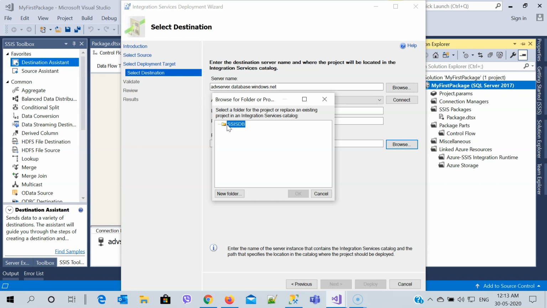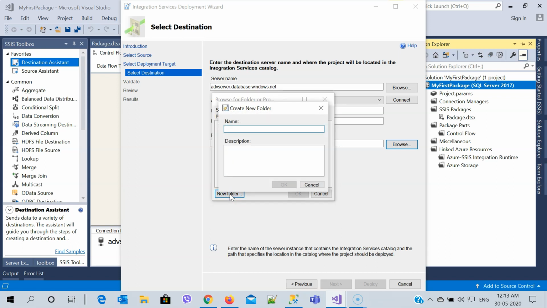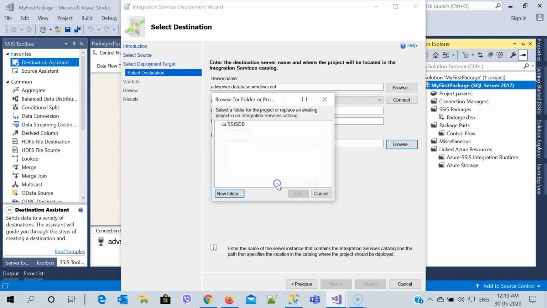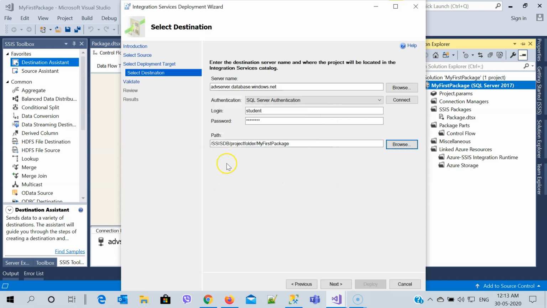Within this SSIS DB, if you want, you can create some folder. So within this location, if you want to create a folder, you can add a new folder just next to it, and name it project folder. So now that's my location, and that's the place where I'm going to save this information in the project folder, and I'm going to send this package.